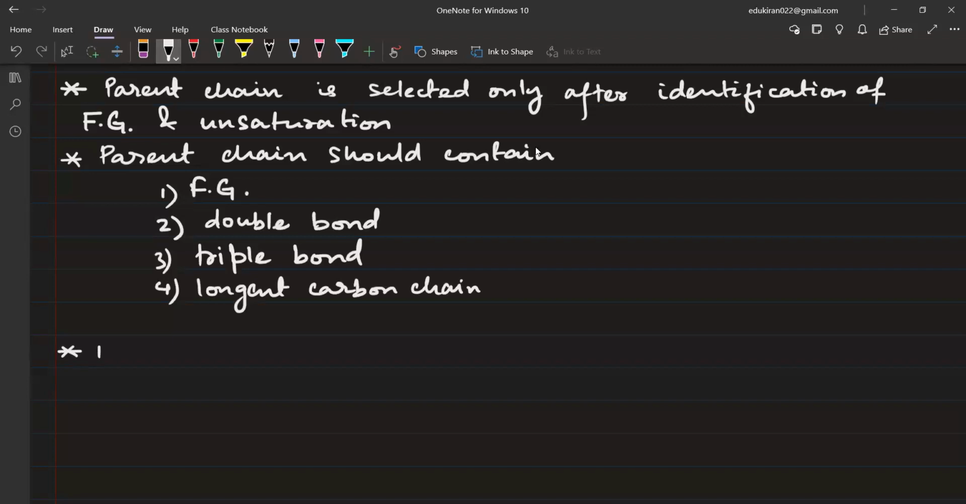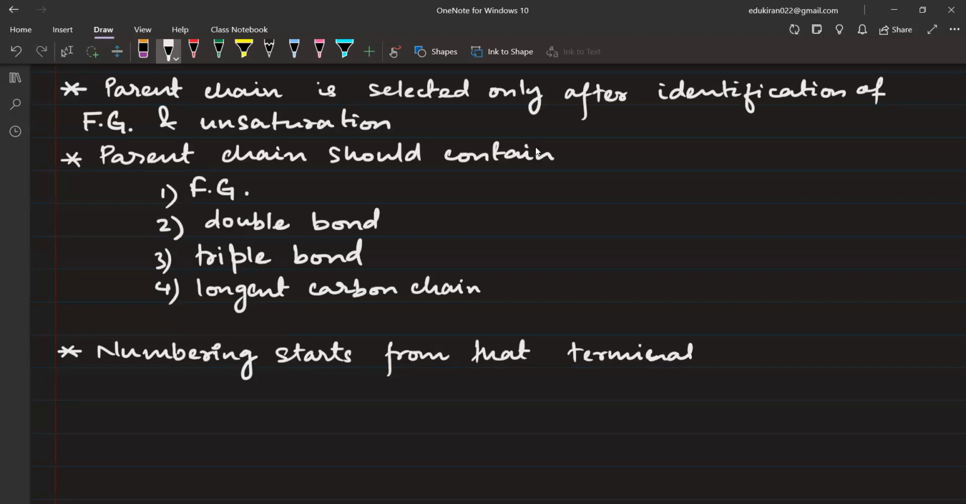Please write here, numbering starts from that carbon atom, from that terminal carbon atom which is nearest to